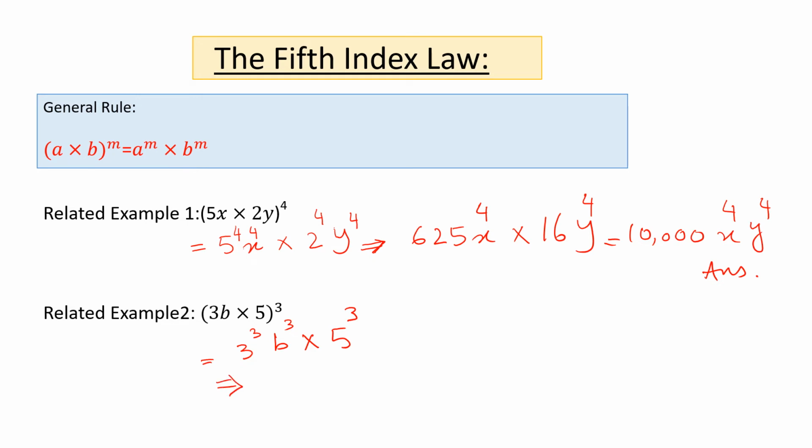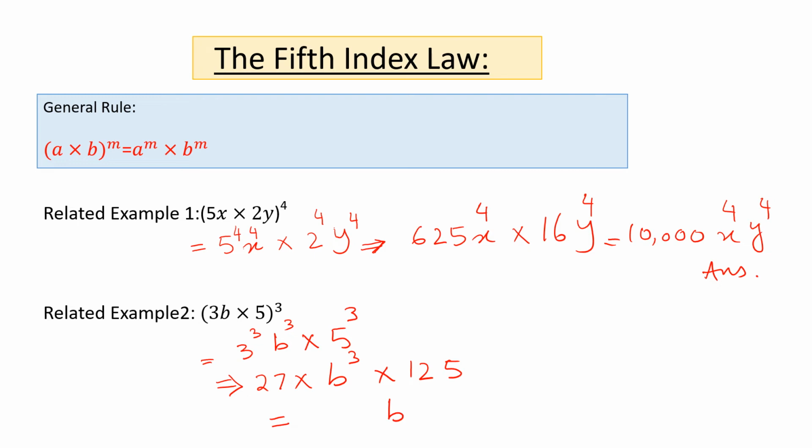After that I will simplify. 3 raised to the power 3 means 3 times 3 times 3, which is 27. b raised to the power 3. 5 raised to the power 3 means